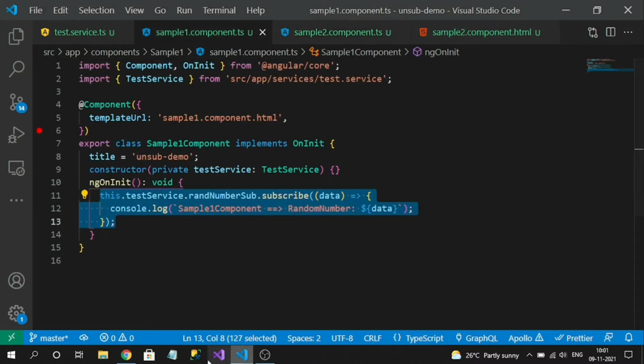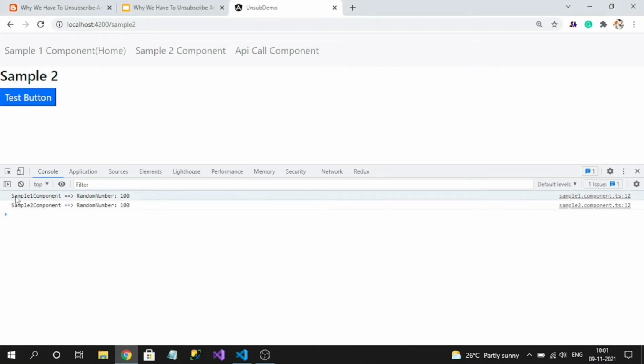But if you observe, sample one is also logging. That is because we haven't destroyed the subscription, so the subscriptions will linger like that and get executed anywhere in the application if we leave them. This is called a memory leak.